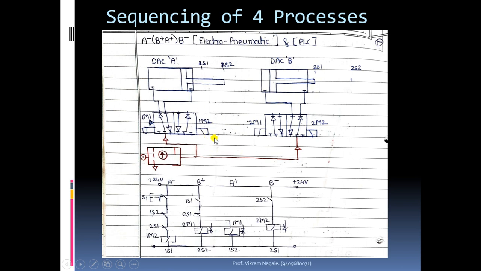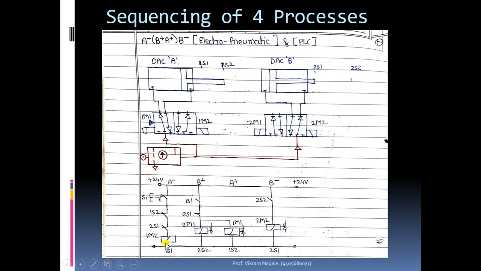That is the best way to avoid any type of problem that may come in future because of forgetting about releasing the pressure from the other side. So it's better to de-energize the coil immediately by making use of such an arrangement of